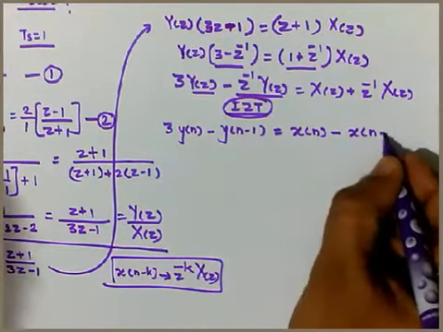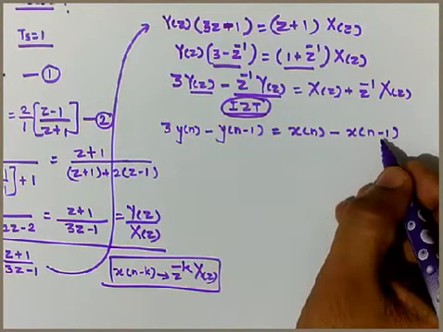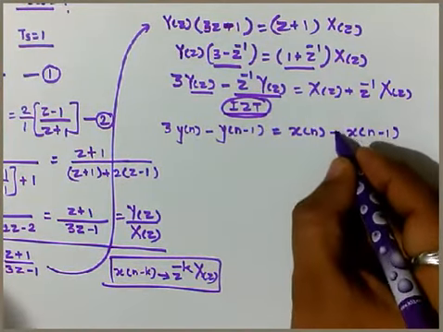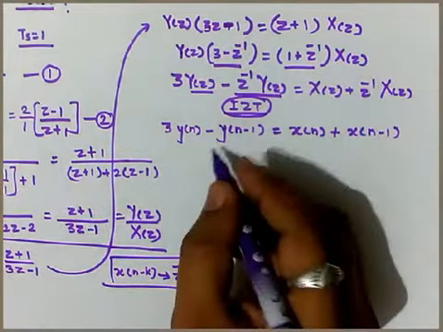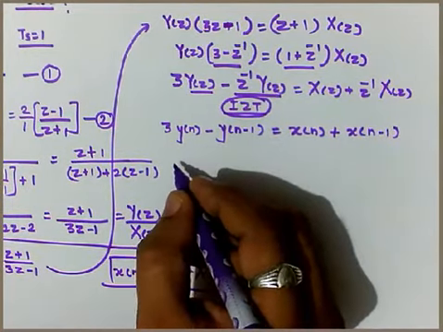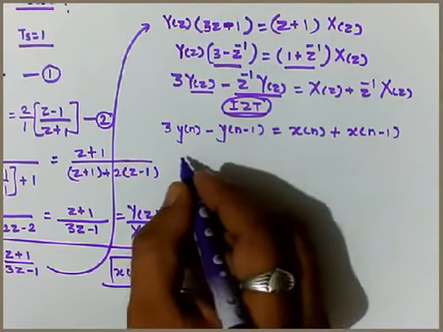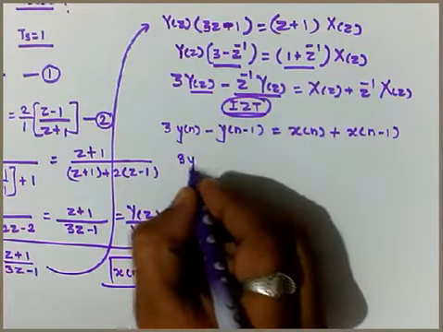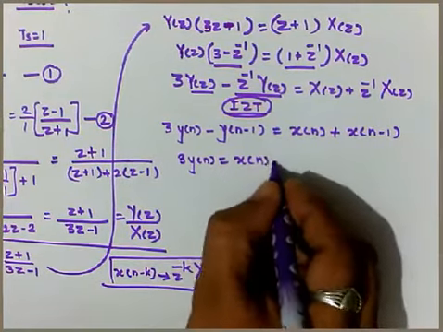This is how for the given statement we obtained first of all h of z, then from the h of z we separated out y of z and x of z, and by taking the inverse z transform we obtained y of n and x of n, and just by separating out the terms we got the equation of y of n, and that is nothing but the difference equation.